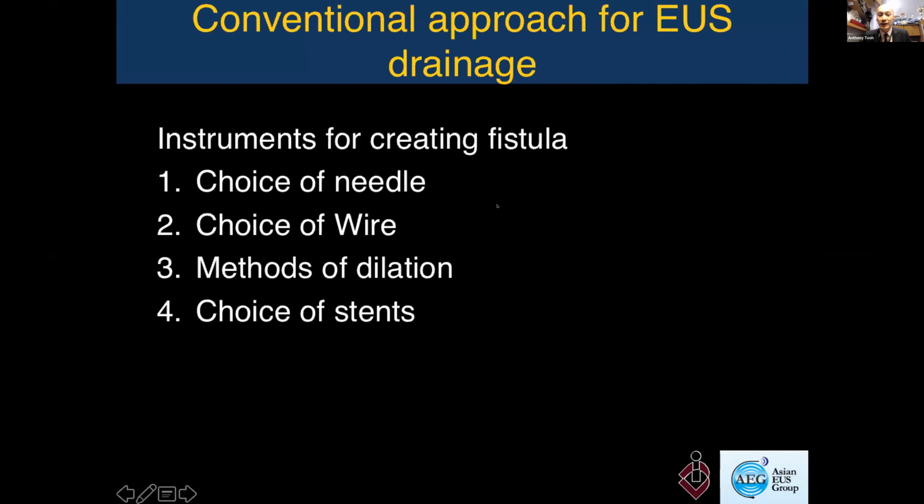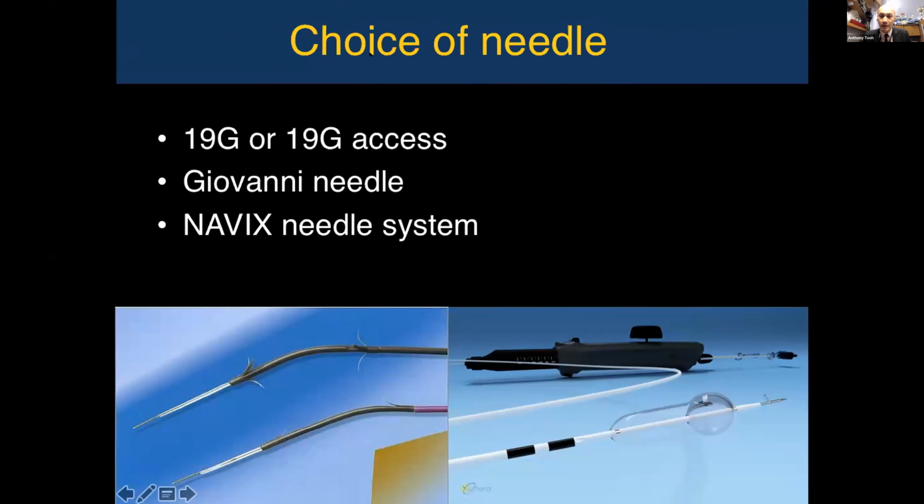So these are the things that you need to consider: the choice of needle, wire, methods of dilatation, and choice of stents. The choice of needle, nowadays, everyone would choose a 19 gauge needle. Usually a nitinol needle is preferred because it is more malleable. The Giovannini needle and the Navix needle system have been described, but nowadays I think most would use the 19